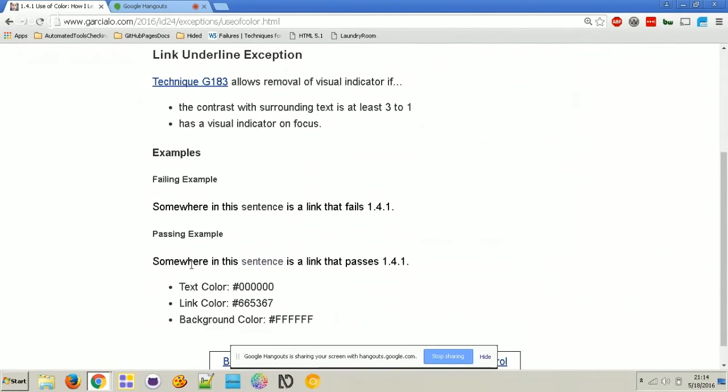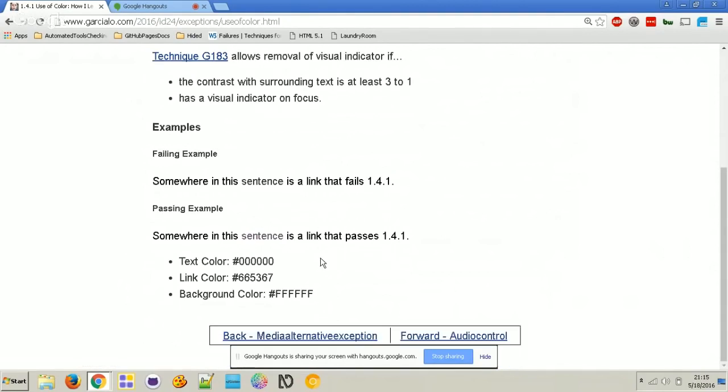But it does have a 3:1 contrast ratio exactly between the text in sentence and the text surrounding it. And as a bonus, it actually has a 7:1 ratio with the background, which is white. So it meets the highest contrast minimum, and it also meets the contrast minimum for the surrounding text. So that passes.